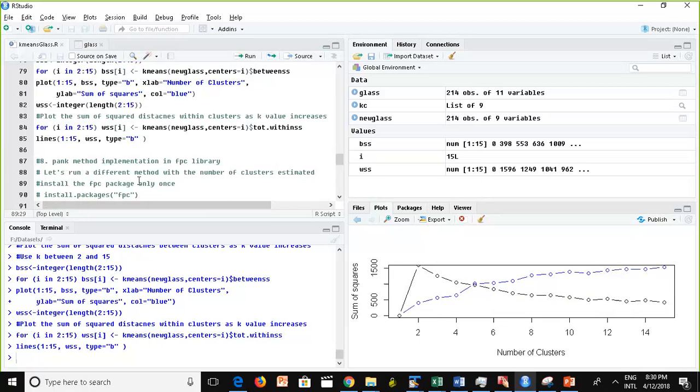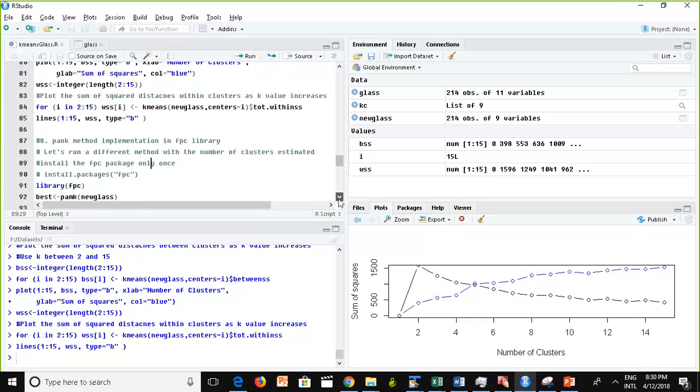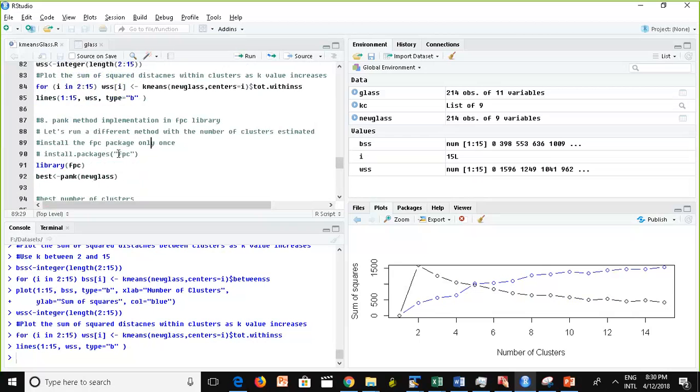There is a different clustering method implementation. And to run this, you would need to install this package, FPC. This package is called FPC. You're going to install it just once, and you have to run the library command to use this package. The difference is there is a function called